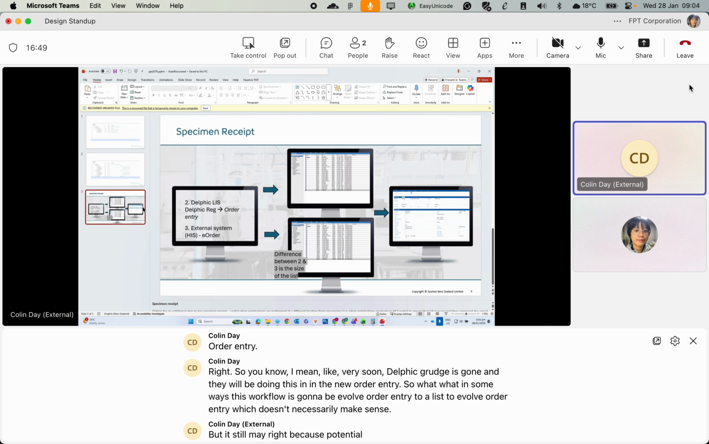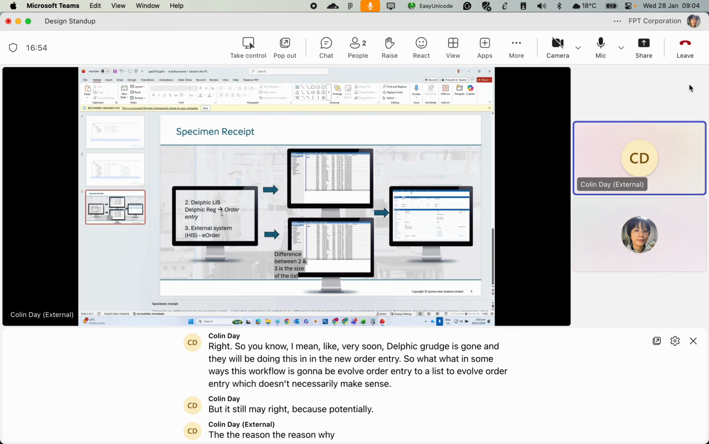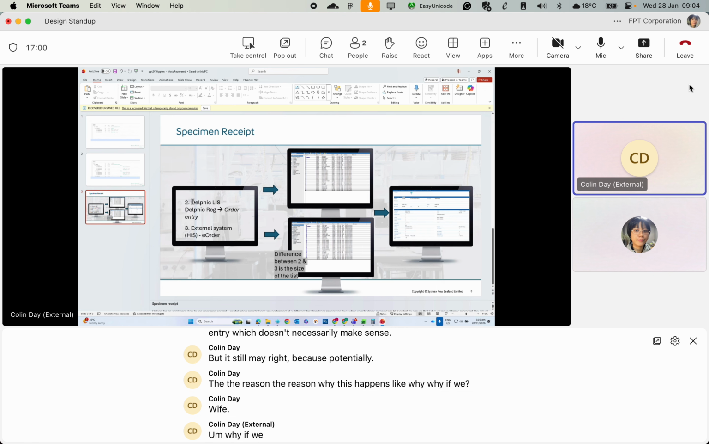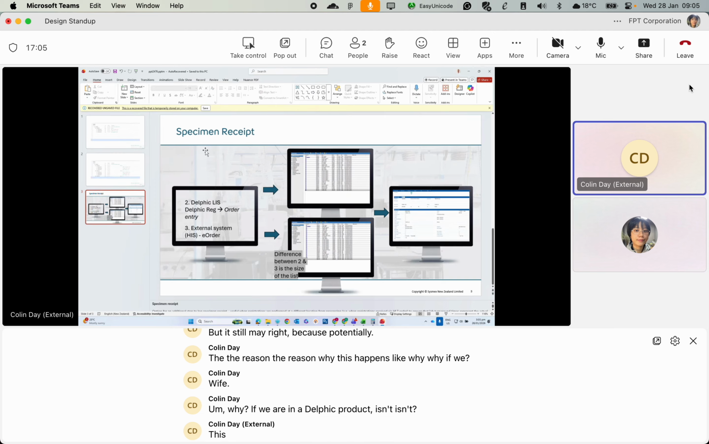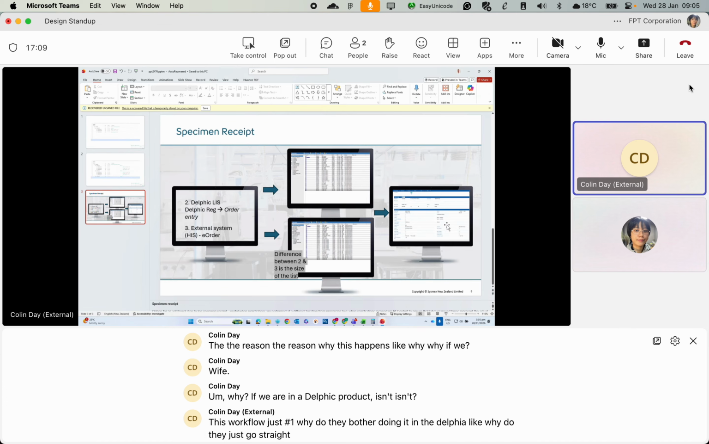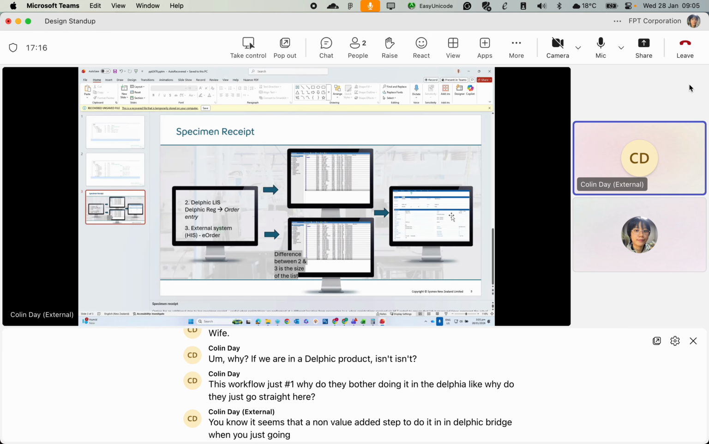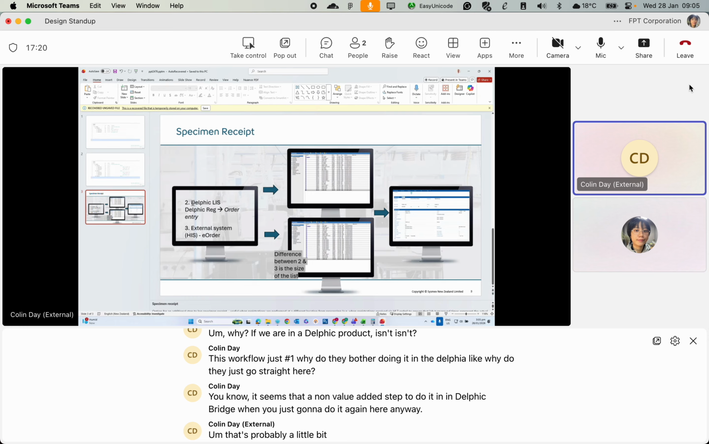Because potentially, the reason why this happens, like, if we are in a Delphic product, isn't this workflow just number 1? Why do they bother doing it in the Delphic LIS? Why don't they just go straight here? It seems a non-value-added step to do it in Delphic Reg when you're just going to do it again here anyway. That's probably a little bit historical, but it's also